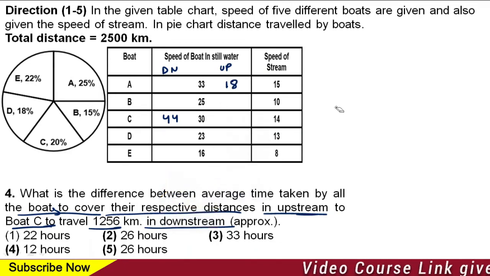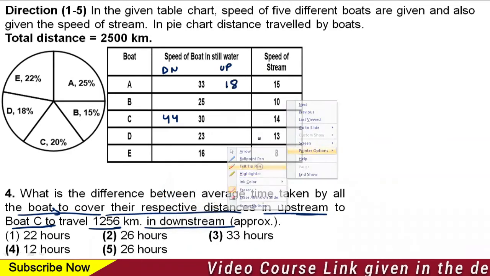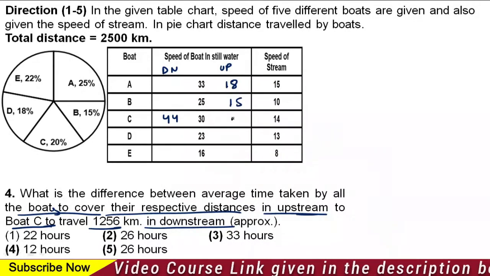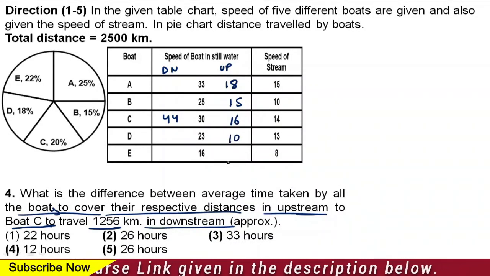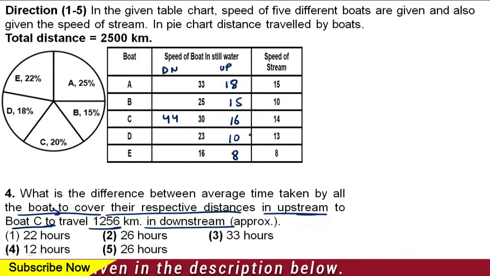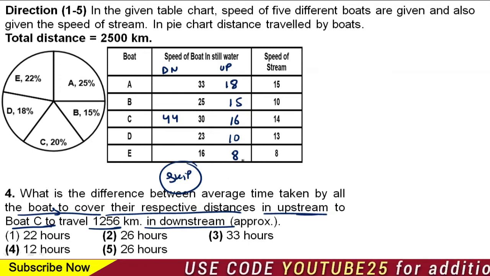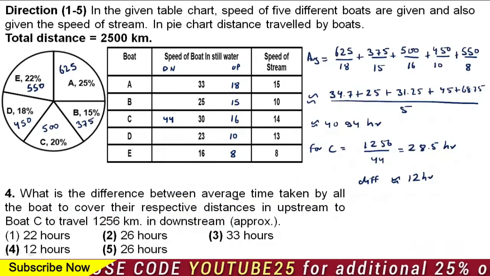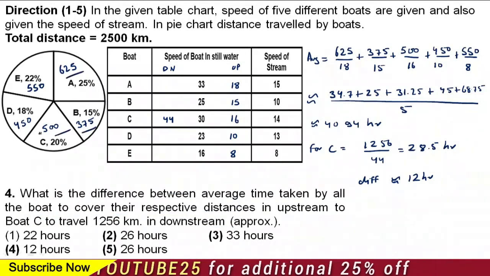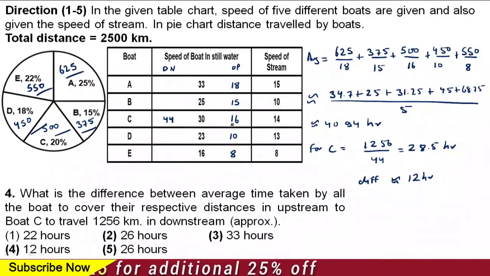Now, one genuine feedback I would give is that it is not necessary that you end up solving all the questions in the DI in the examinations. Although I'm going to tell you how to solve this, my input is that it is better to skip such a question. So in an examination scenario, skip such a question and you can always come back to it only if you have nothing else to do. Elsewise, this is a very, very calculative question, irrespective of whatever approach you actually use. So I've already solved this question and the distances are mentioned over here as we've explained in the first question. These are the speeds already written.